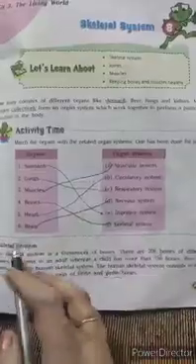Then we will move to the limbs. Basically there are two pairs of limbs found in our body, forelimbs and hind limbs. Forelimbs are called hands and hind limbs are called legs. So we will study them in detail also. Today we will cover all these topics. After that, I'll give you some classwork which you have to do and post in the class by 9:30. So let's start the topic.